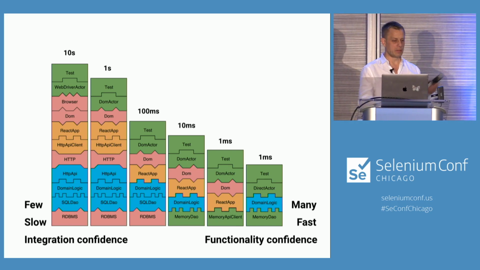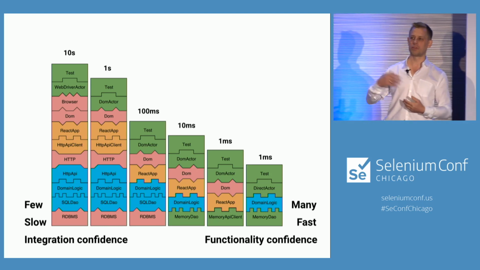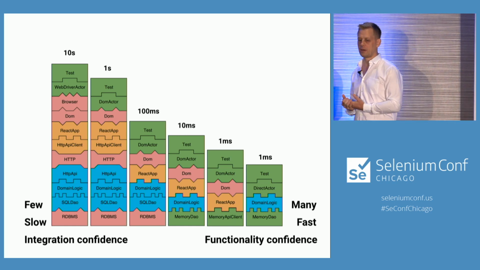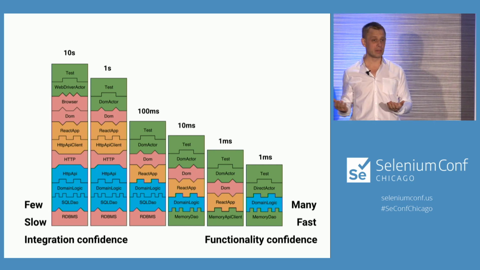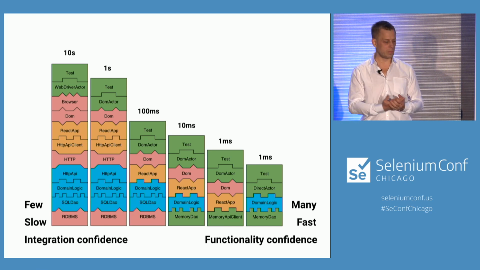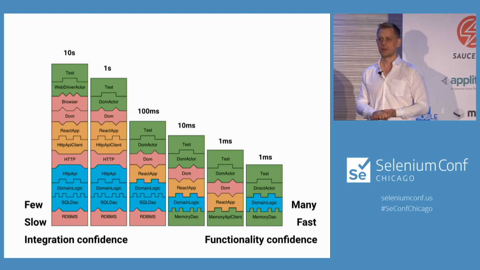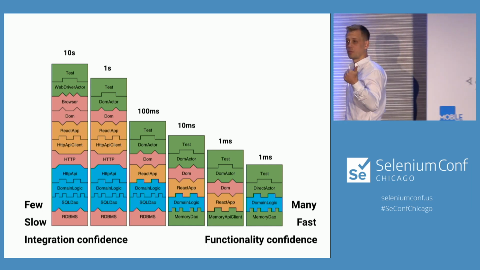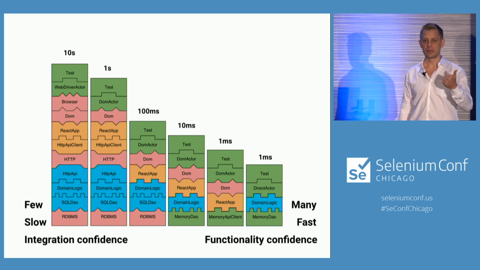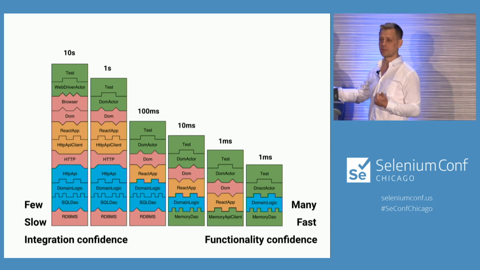And on the left, we get a lot of confidence there, but that's a different kind of confidence. Well, we do get confidence about the functionality of the application, but we also get confidence about whether this works in all of these different kinds of browsers, for example. And I think this is a problem with a lot of tests, is that we're trying to get too many different kinds of confidence from the same tests, right? You want to check that it's functionally working okay. Like, did we implement the business logic correctly, and did we implement the UI correctly? That's one thing. That's not the same as getting confidence that it runs on all of the different browsers.